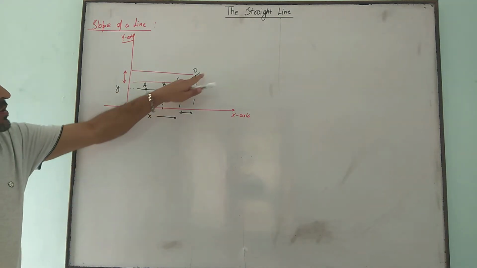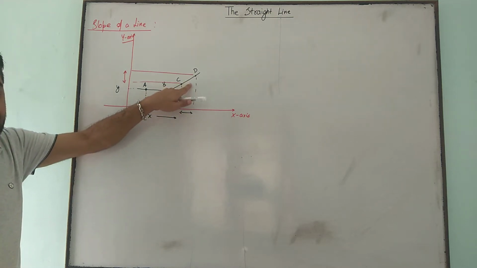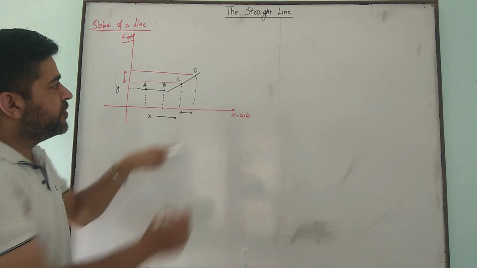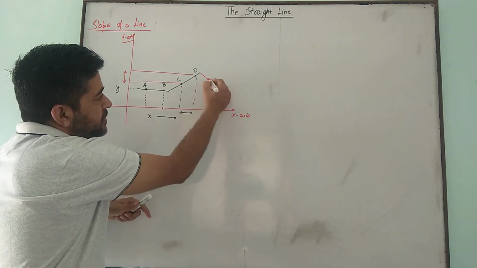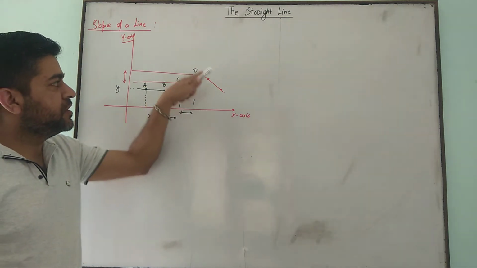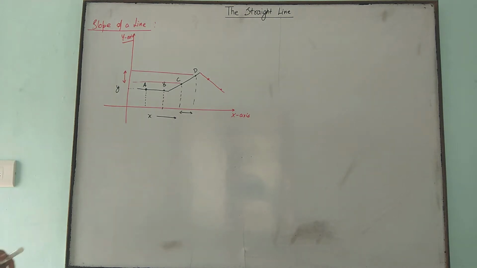Right? So if there is a change in x and a corresponding change in y, then we can say that slope is there, whether upward or downward. If there is a change in x, there is a corresponding change in y also, we can say it is slope. So see, what is actually slope is,